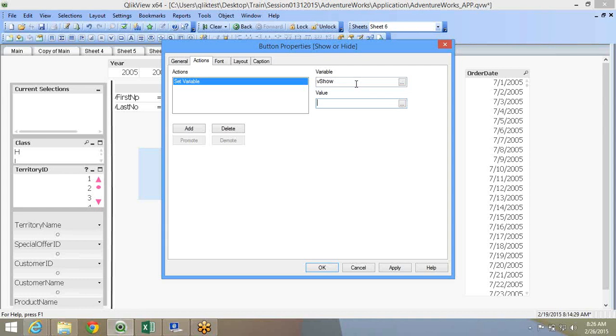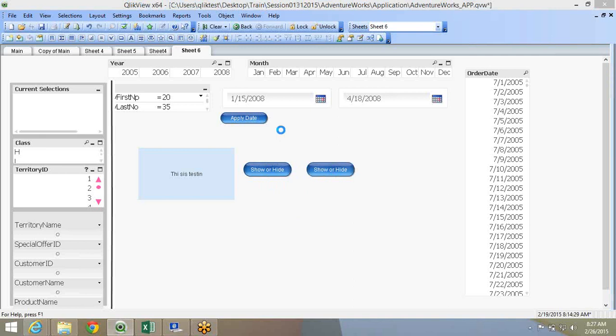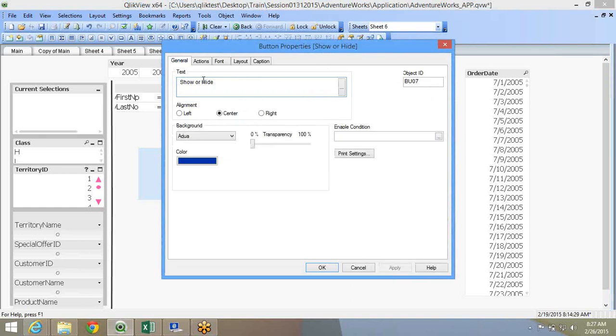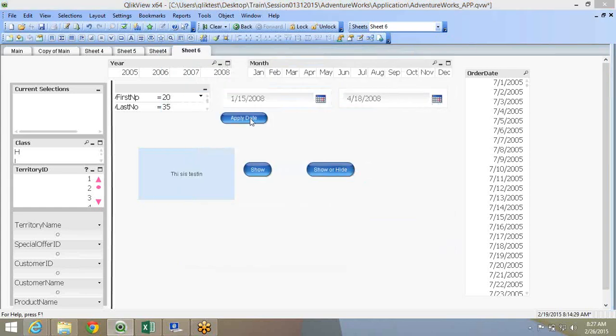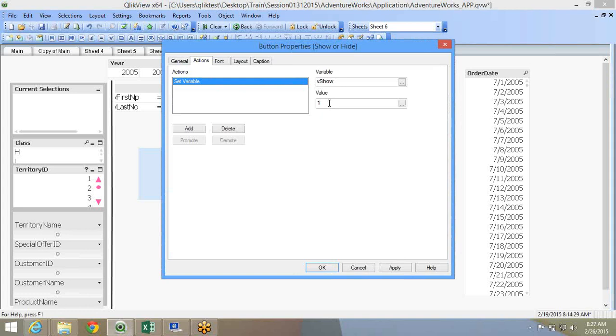So I'll say set variable vShow as 1. Can't use show and hide both in the same button. One has to be show, one has to be hide. So the first one I'll use as show. The second one I'll use as hide. Hide, same variable, I'll select 0.